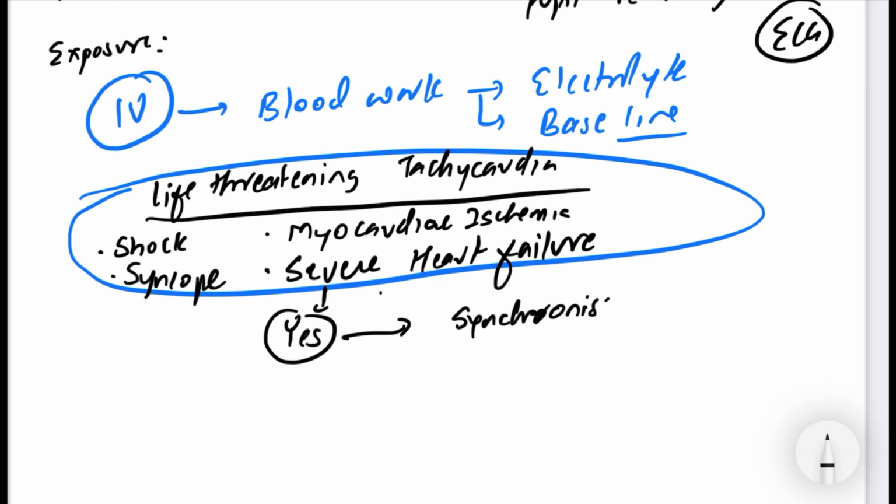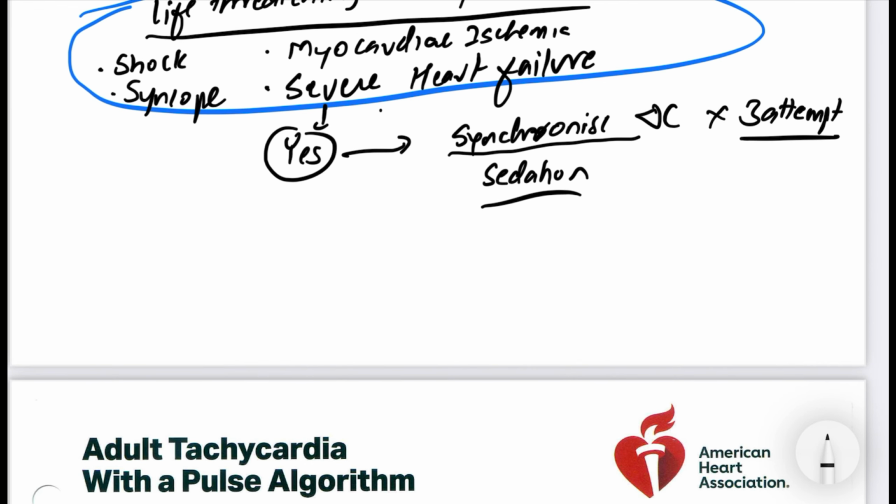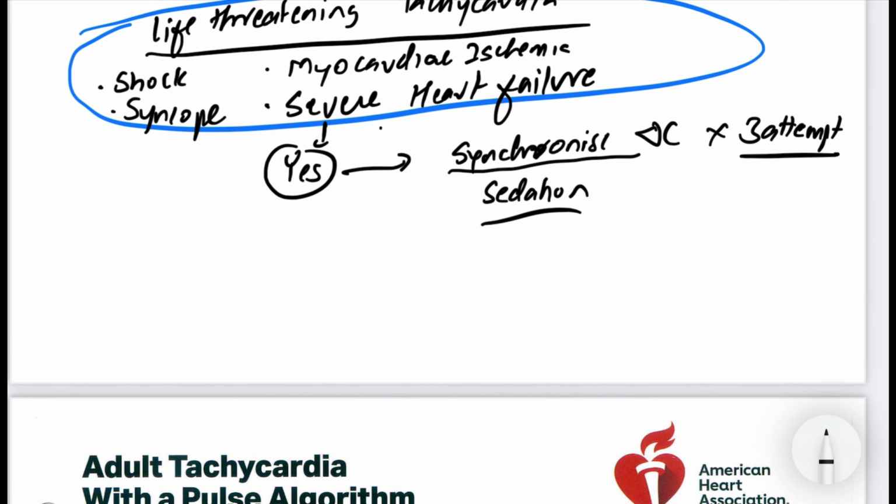synchronized DC cardioversion. You can have up to three attempts to do this. If you need sedation, you can give sedation as well. We generally give midazolam, or any benzodiazepine available in our center. You have to know the protocol of your center, and you have to give sedation before doing synchronized cardioversion because the patient is awake. And if that is not successful,